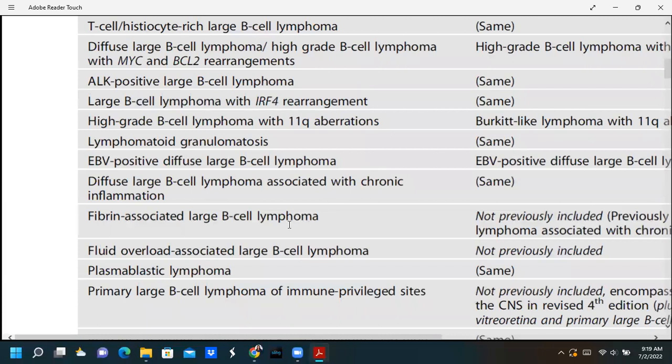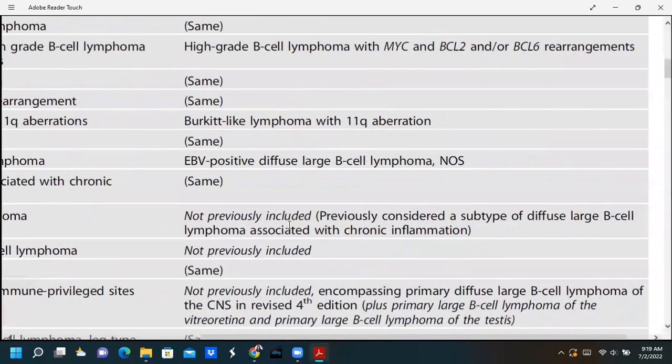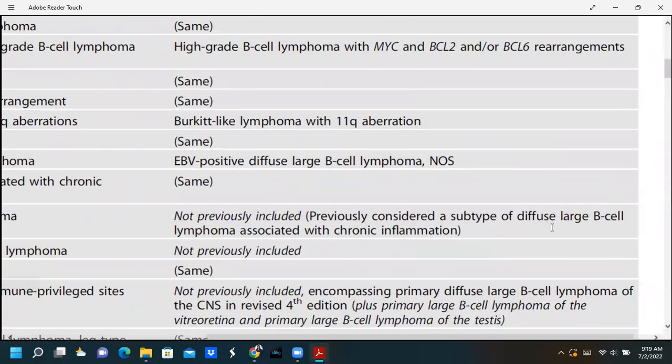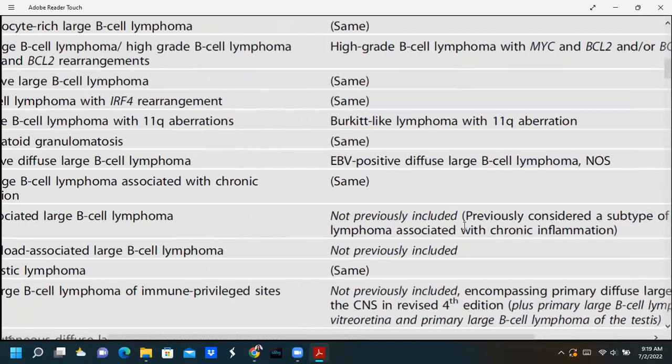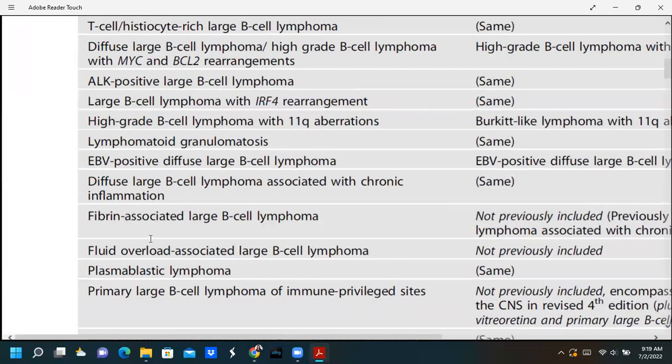They have added, previously this was considered a subtype of diffuse large B-cell lymphoma associated with chronic inflammation. And now they're separating out the